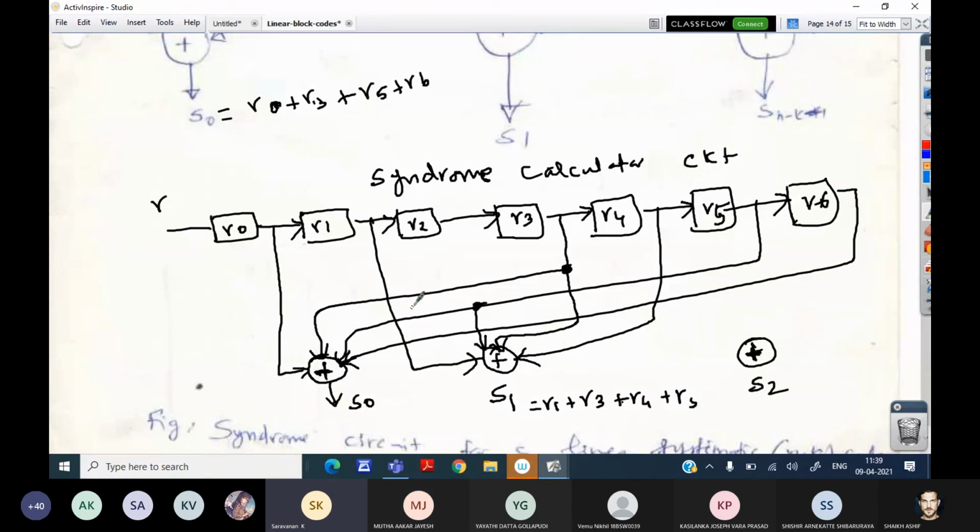So Monday I can continue the same topic. I have to teach Hamming code, and I'll give some idea about the error correction part also. I'm not going to teach it fully, I'll give some clue, and then I can switch over to the next topic, cyclic code. For CAT 2, I will definitely cover till cyclic code, the maximum I can.